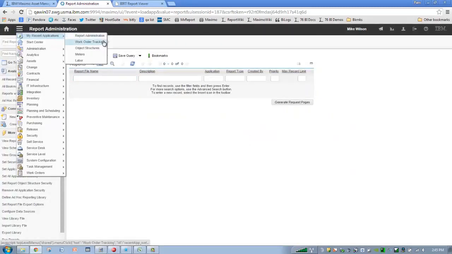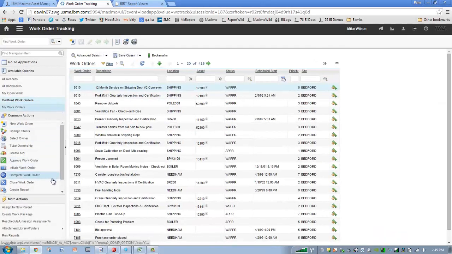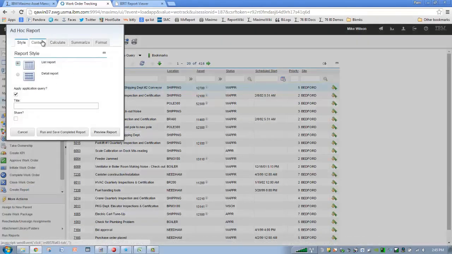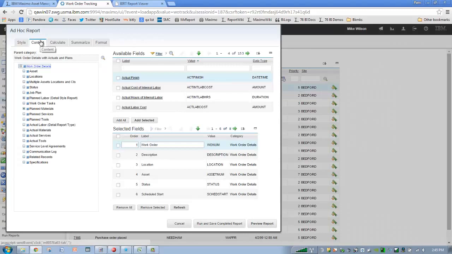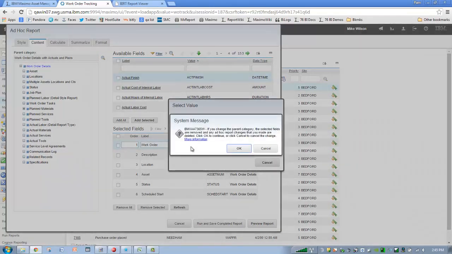Well, let's go back over here to work order tracking. I want to bring up again our Create Report dialog, and let's go to that Content tab. I want to show you what happens when you navigate between report object structures. In this case, here is my work order details with actuals and plans, and I get those persistent list tab fields. But now let's say I want to use a different report object structure, and I click Report Work Order